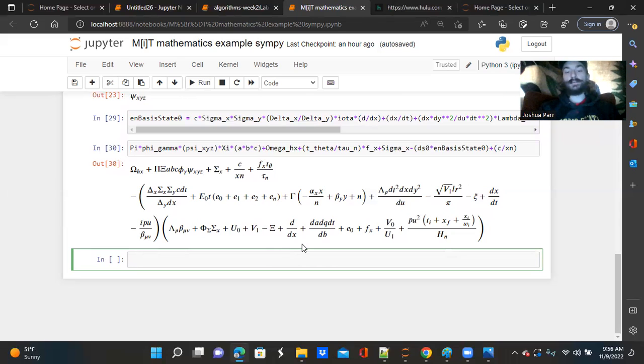And then we're adding the derivative x plus the derivatives a, q, and t with respect to b, plus the E naught state, plus the function x as it relates to v naught over u1, the virtual base state over the unknown state, plus pu squared times t made complex, logarithmically complex, plus x sub f, plus the xi wi, x sub I is the making complex of our x variable, and v and w